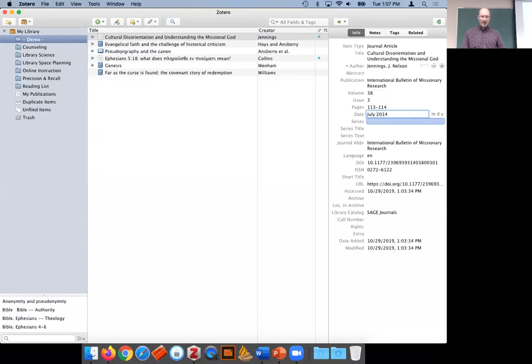If you look at it, this journal just has the month as the issue date. It was pulling that from when this was published online, but the actual issue date is July, not July 1st. So again, not the biggest thing in the world, not going to get you an F on your paper or whatever, but